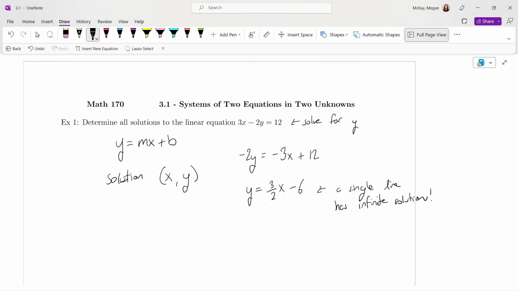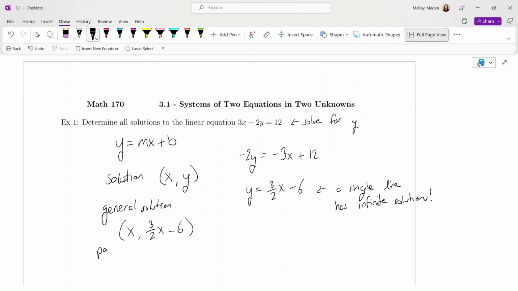Here we found that y is equal to 3 halves x minus 6. So our general solution, we could say x is x and y is 3 halves x minus 6. This would be our general solution,